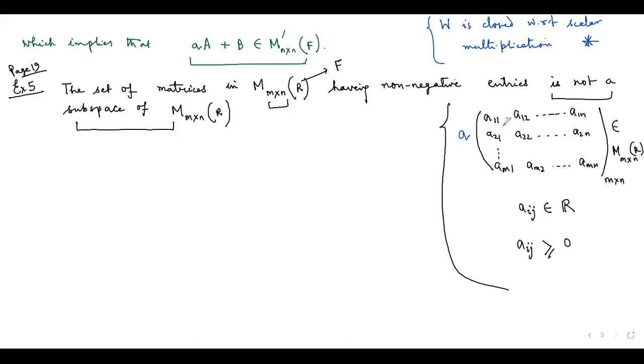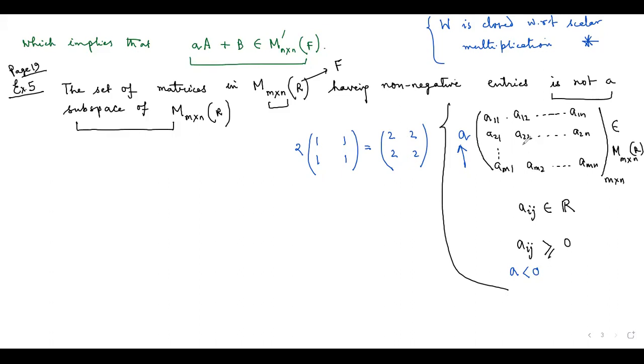Then only it will belong to that particular set. For example, if I take 1, 1, 1, 1 and multiply this by 2, we get 2, 2, 2, 2. So 1, 1, 1, 1 is a square matrix and it has all non-negative entries. When we multiply this by a scalar, it is again non-negative. But what happens if my A is less than 0? If I take this scalar quantity to be negative, and I multiply this matrix by the scalar,